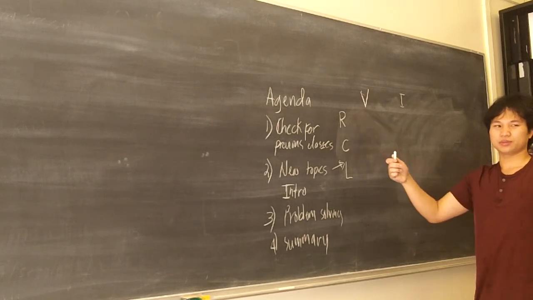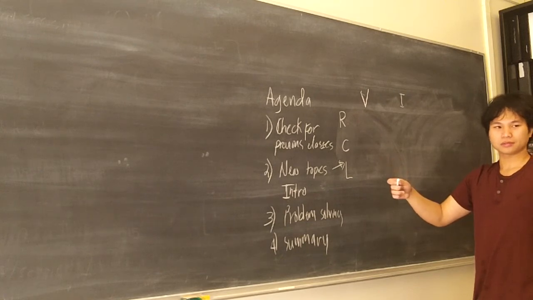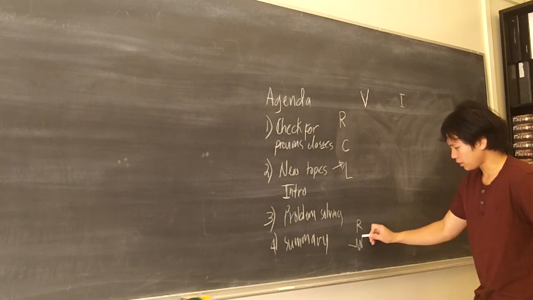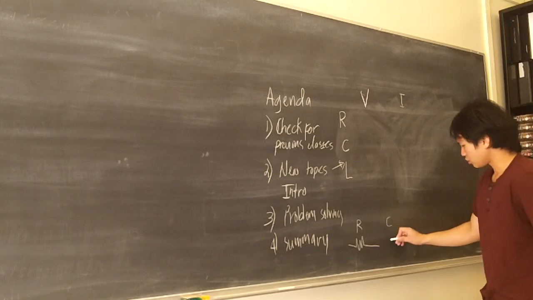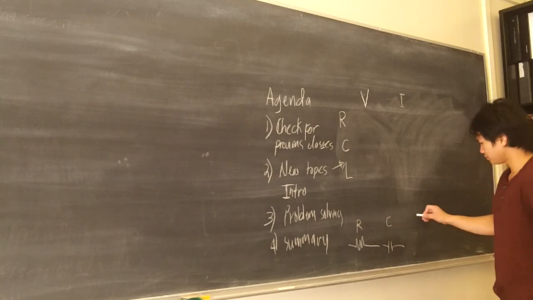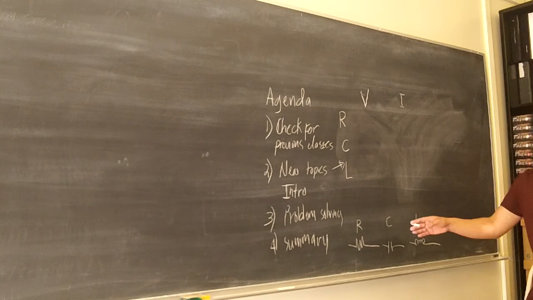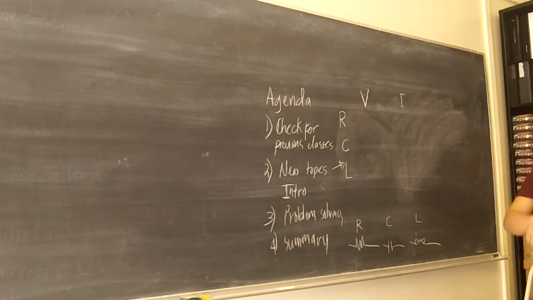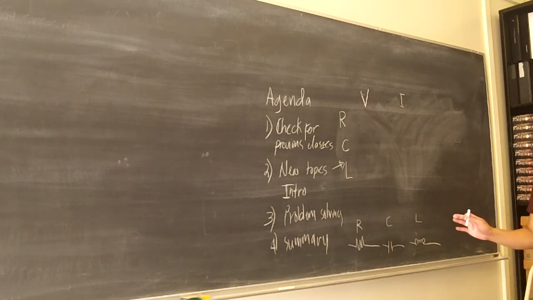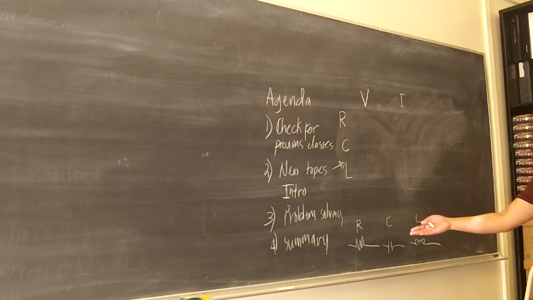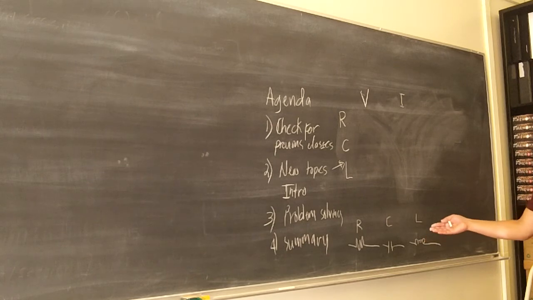What does it symbolize usually? RB. Okay, so R is usually drawn this way, and then C is drawn this way. L is drawn this way. Are you familiar with them? We didn't do L yet. I'll give you an introduction, so that later you can have a sense of what's going to happen. So that's resistance, capacitance, and then inductance.